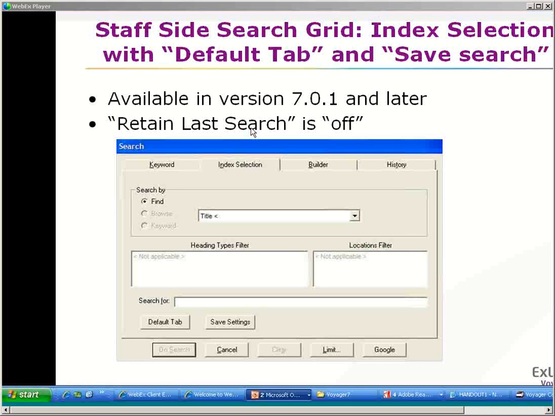And we'll get back to the explanation of where we were before. Before we take the break, I mentioned that with Retain Last Search off in Voyager 7, we have two new features, a default tab and a save search. The default tab